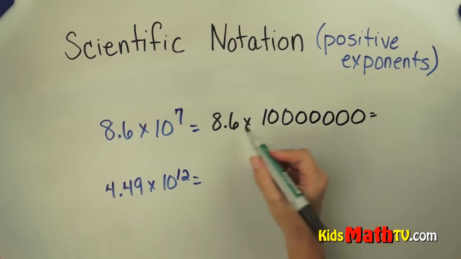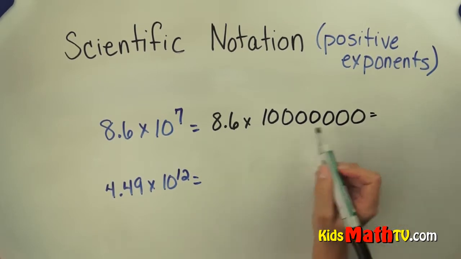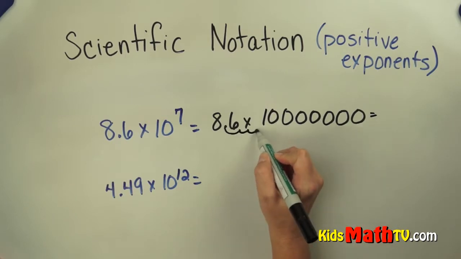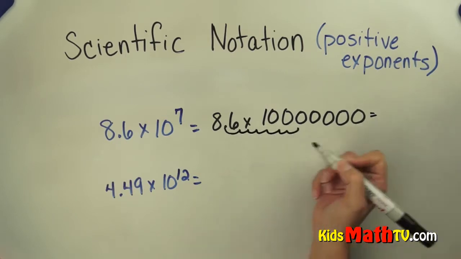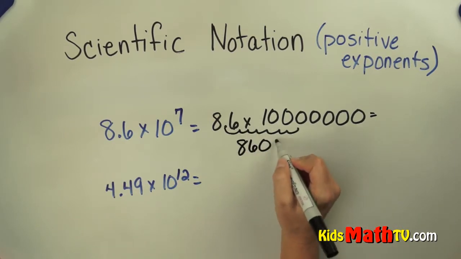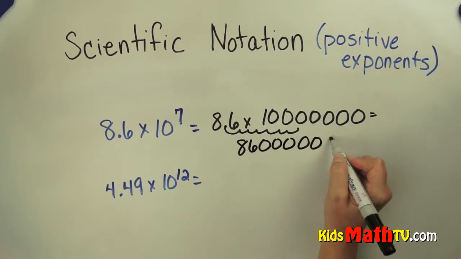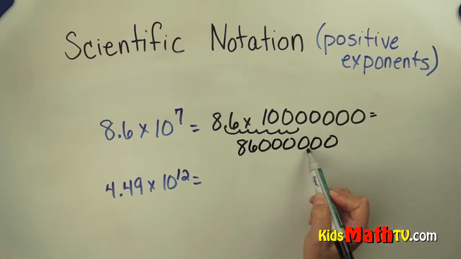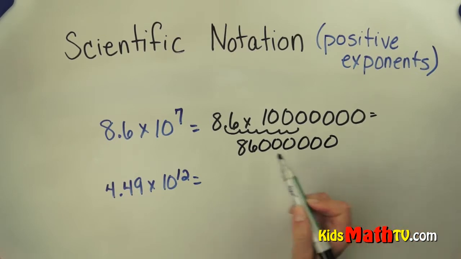So when we multiply by a large number like that, we move the decimal to the right 7 times. So 1, 2, 3, 4, 5, 6, 7. So we will get 8, 6, and then 6 zeros. So we moved it 1, 2, 3, 4, 5, 6, 7 times. So we have